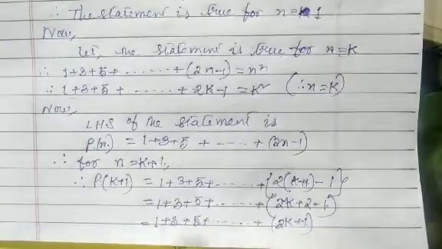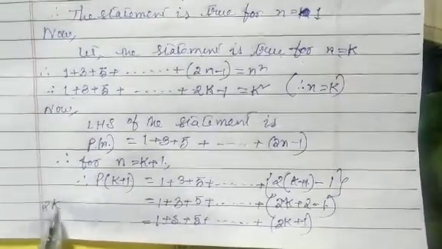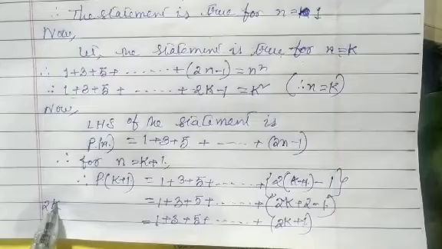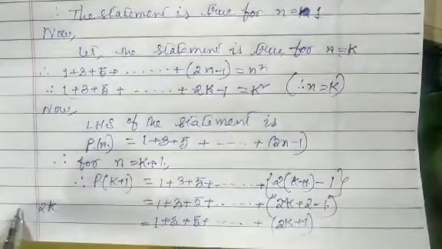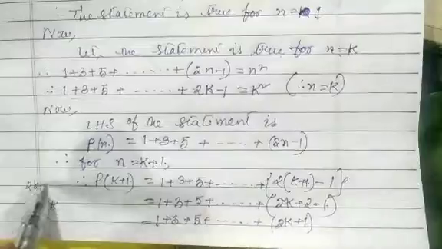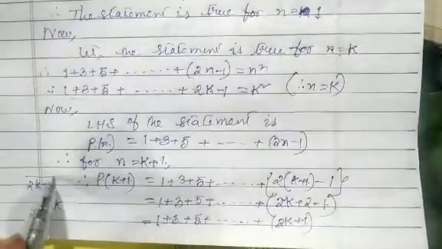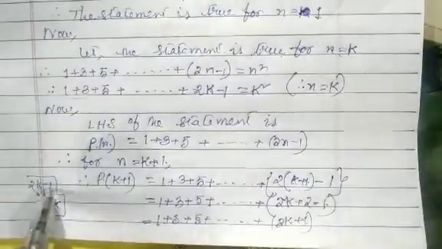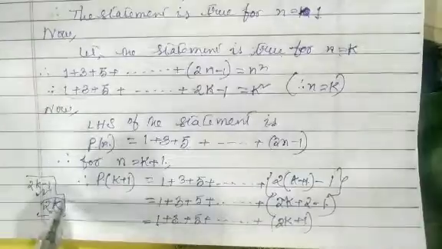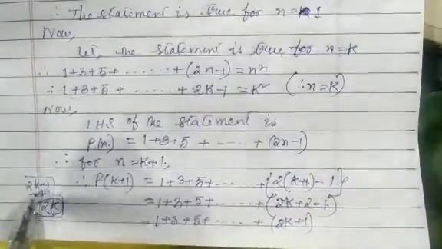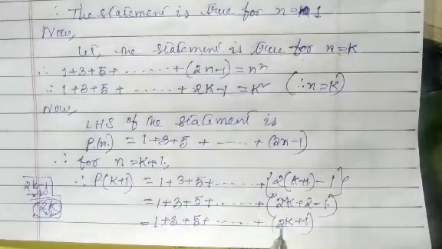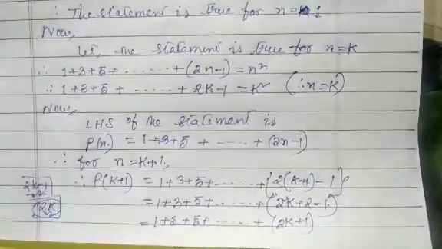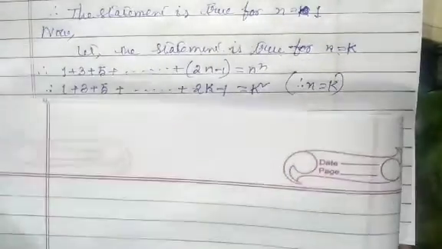Okay, we know before 2k plus 1 will come 2k, and after 2k it will be 2k plus 1, and before 2k it will be twice k minus 1. So this is an odd number and this is an even number, and we will ignore the even one. We will take twice k minus 1 as the term before twice k plus 1. Now you can see here